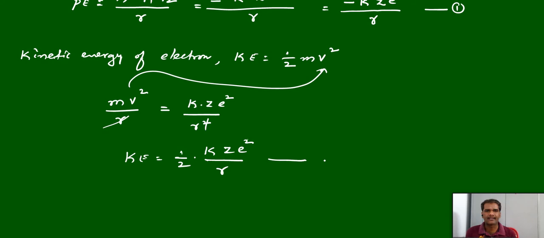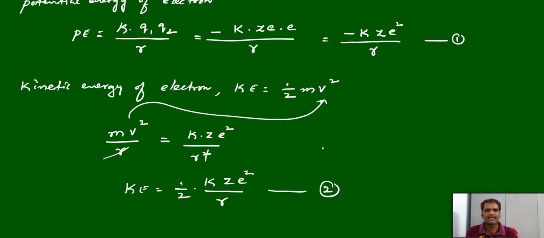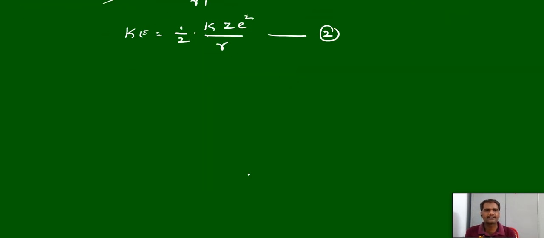And this is the kinetic energy. So we have now both potential and kinetic energy. Potential energy is minus K Z E square by R and the kinetic energy is K Z E square by R by 2. If you want to calculate the total energy,